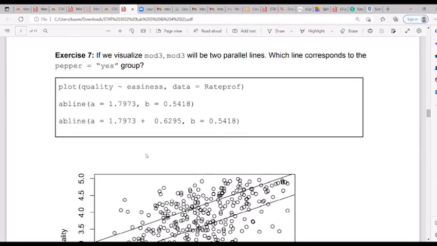Now let's go to exercise 7. This is talking about visualization of parallel lines. What you just need to do is copy all of these. Now, how do I get A and B? Some of you may be wondering. This is the general plot. If I want to plot quality against easiness, if you take a look at this guy here,